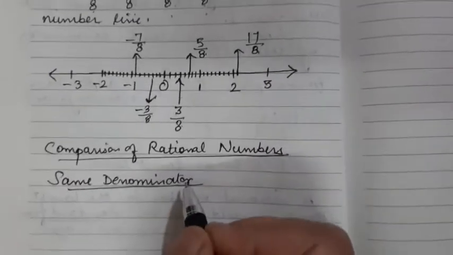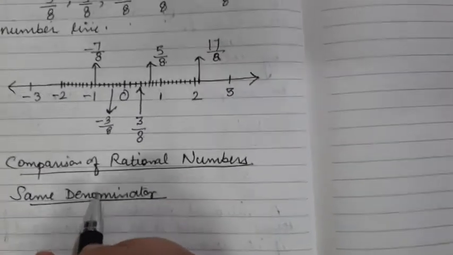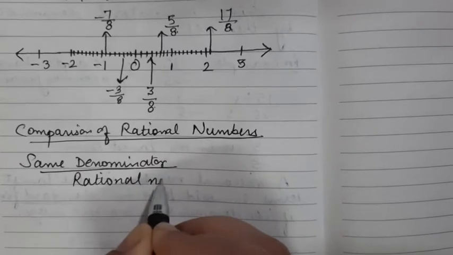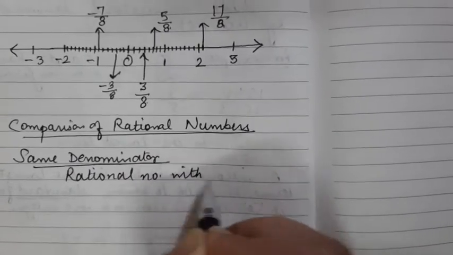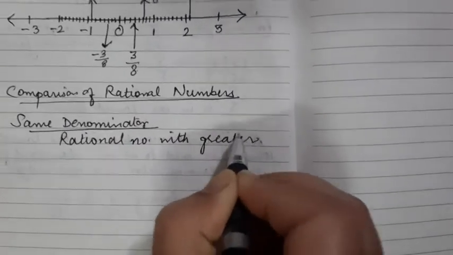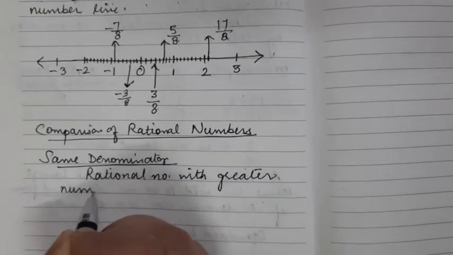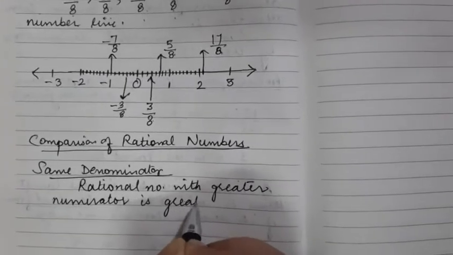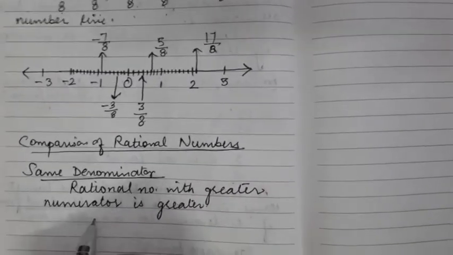If denominators are same, then the rational number with greater numerator is greater. For example, we are given